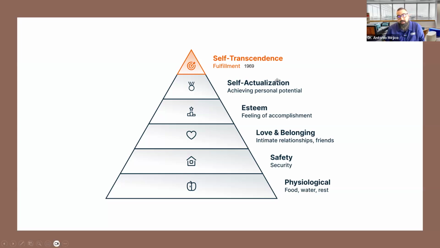So you have to recognize and look for, where are my clients on this scale? If they're still in their physiological place or safety, we can't talk to them about what they want to do with their career. We can't talk to them about when they're going back to school or how they're going to look for that job. Their most basic needs are just trying to be met. And so we want to be able to recognize where our clients are at.